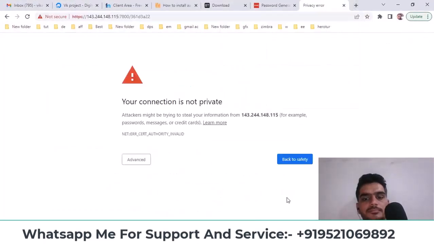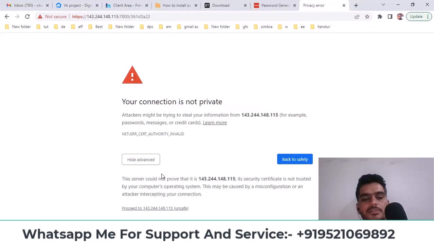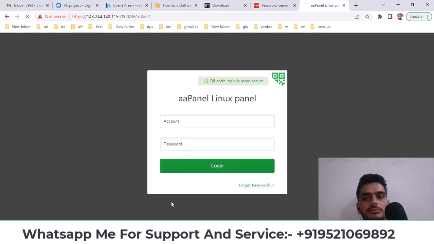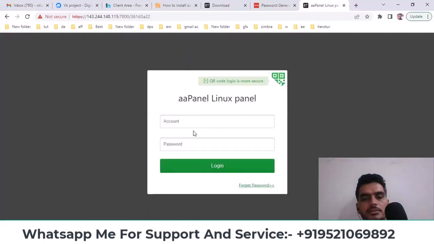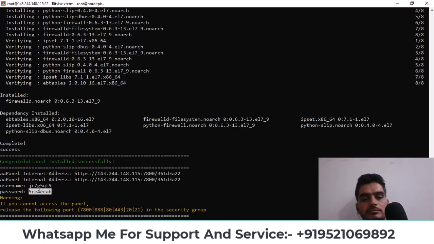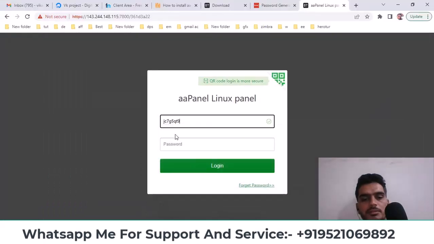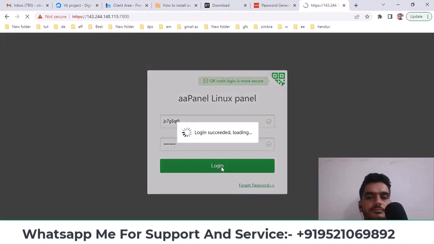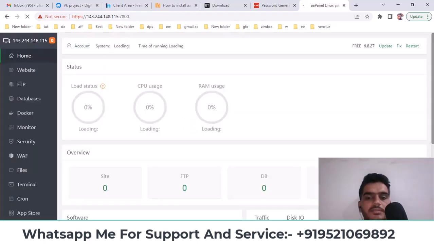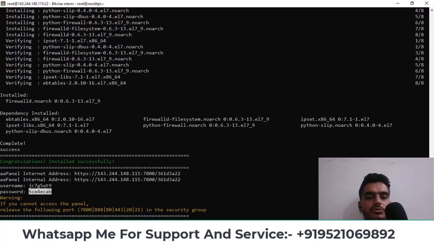Okay, I have to go to Advanced here and click on Proceed to. So, here, the login form has come up, so the username and password are given here. I will put them here. You must copy them. I have put both here and click Login. Now, when you install this panel, many packages do not get installed, so when you log in, after that,